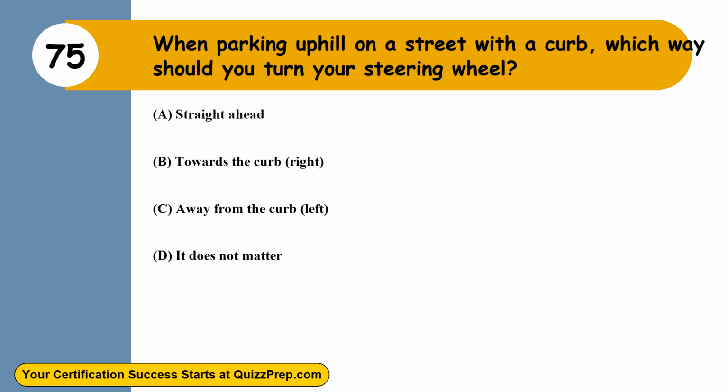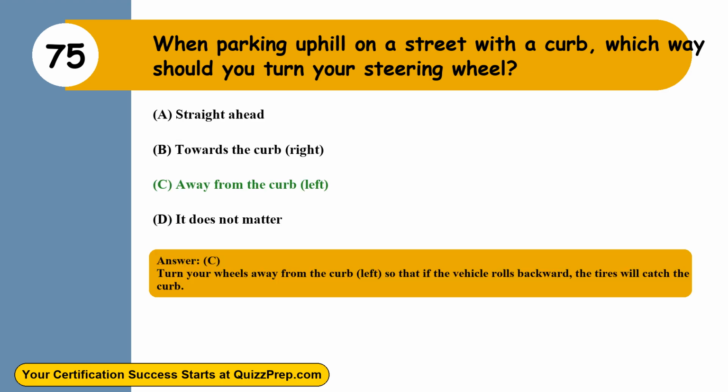Question 75. When parking uphill on a street with a curb, which way should you turn your steering wheel? Option A, straight ahead. Option B, towards the curb, right. Option C, away from the curb, left. Option D, it does not matter. The correct answer is option C, away from the curb, left. Turn your wheels away from the curb, left, so that if the vehicle rolls backward, the tires will catch the